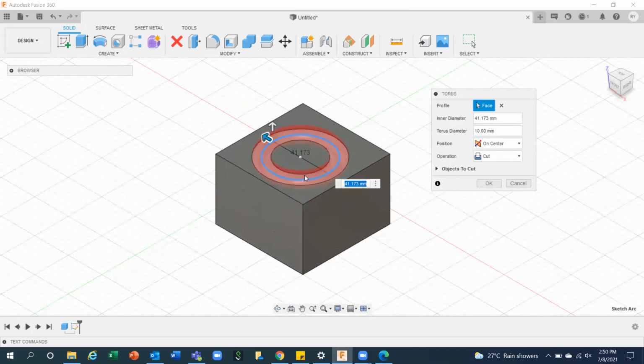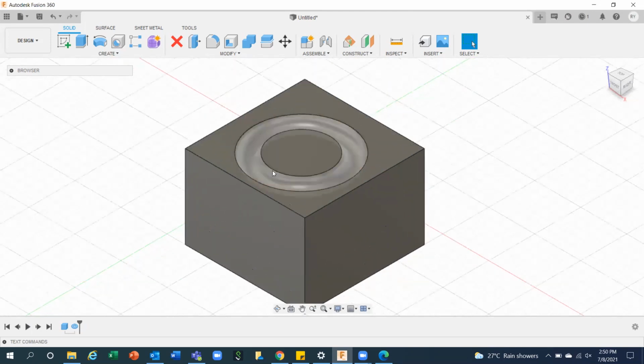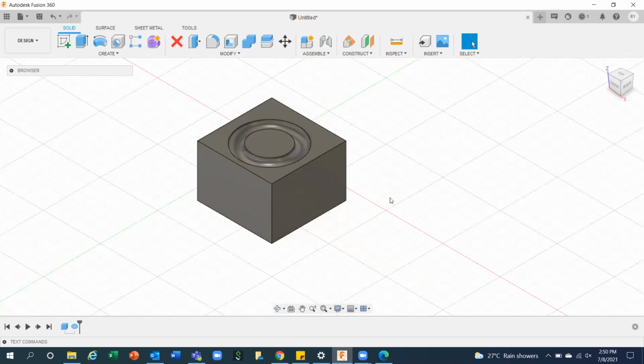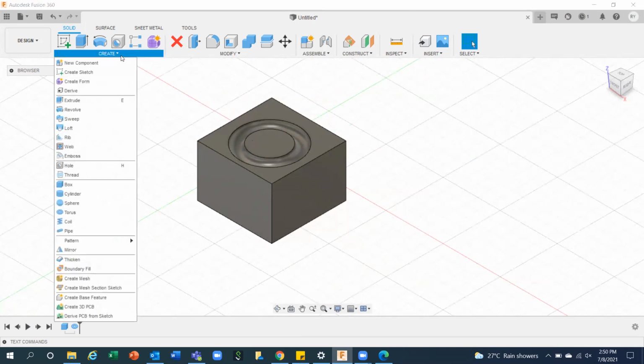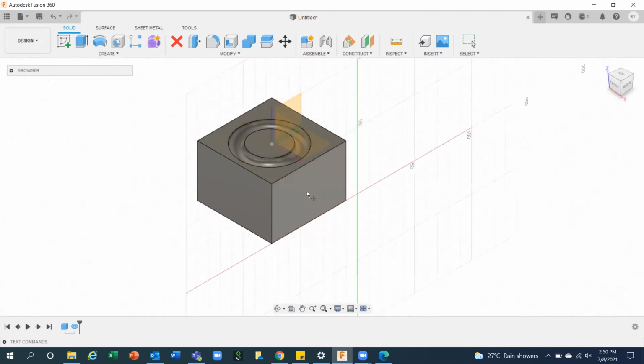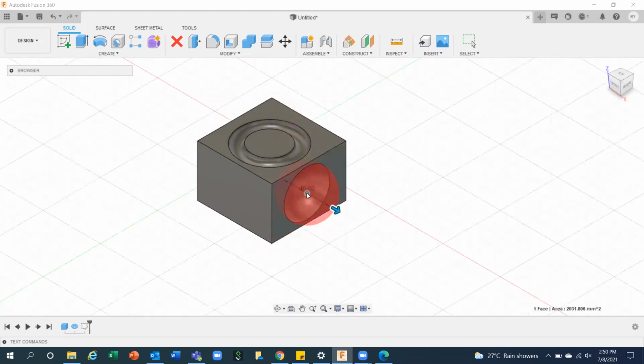Okay. Since interference is happening, it is automatically giving cut. You can click OK, and you can see this groove has been cut out. Similarly, if I want to use a sphere, select the plane where you want to place it, give the center point, and it is available.